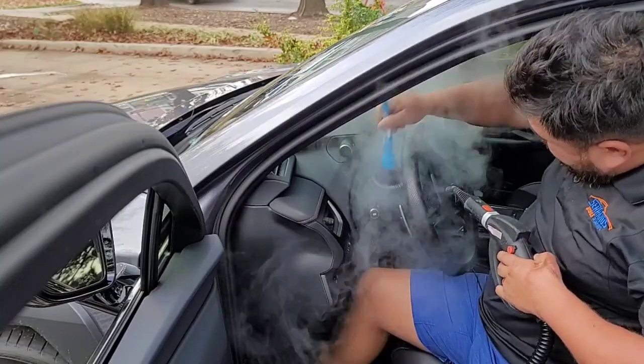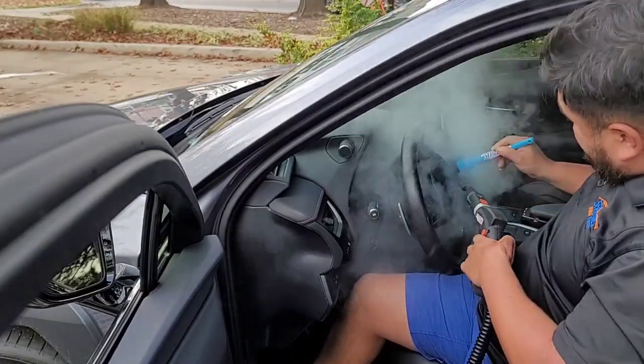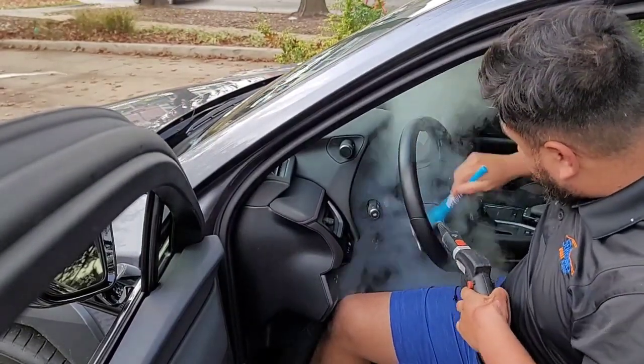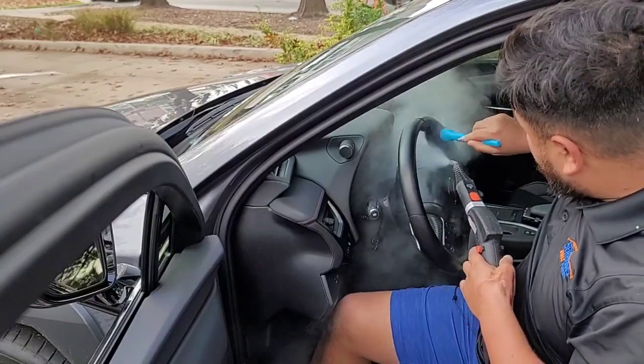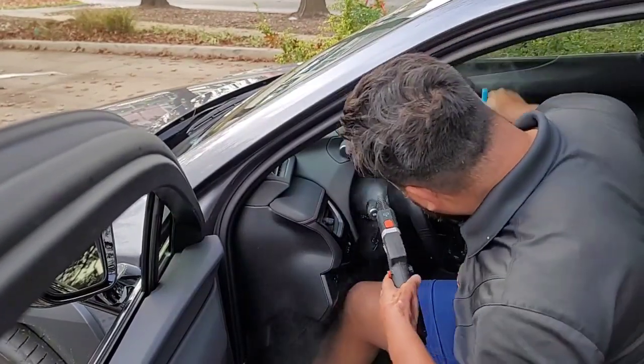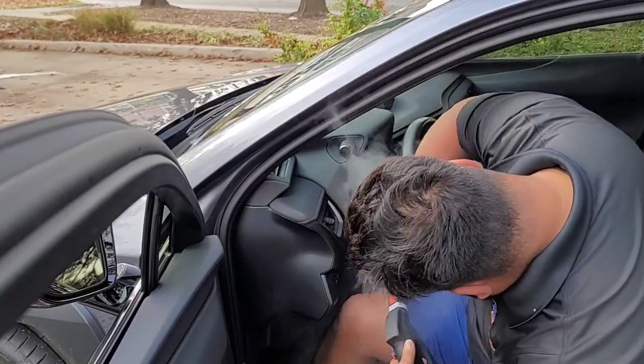For the brush, I'm using a soft bristle brush from Aqualux Detail Store. I'll be posting a link to that one. They come in a set of 2. It's a big brush and then another small one. I'm literally brushing and agitating. There was some makeup here, by the paddle shifters. So I was literally brushing that off,